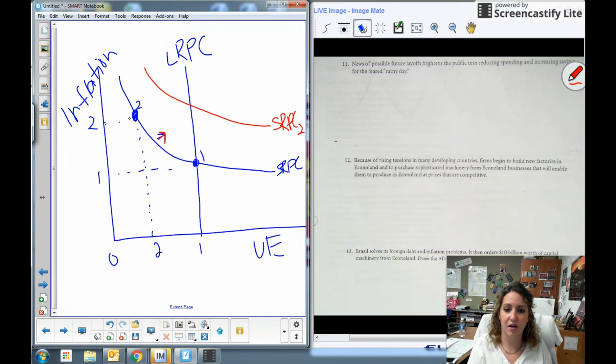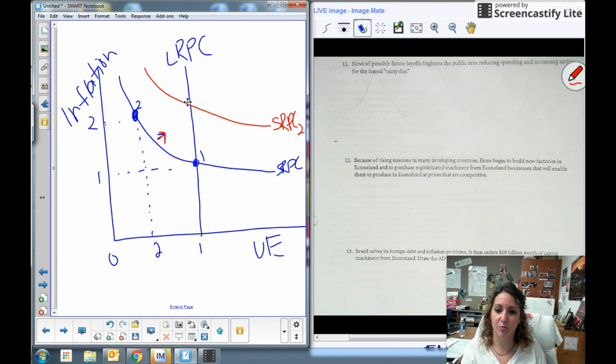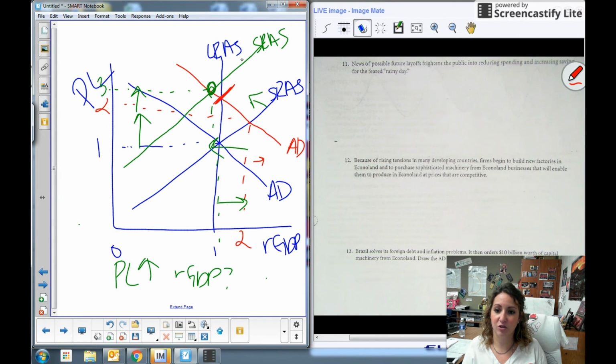And honestly, okay, here's the thing. My graph from before, I shifted it so far that it wasn't on LRAS. If I had shifted short run aggregate supply just a little bit to where it actually intersected right here at long run, then this would have been so perfect. I could have just moved my little point and been here. But since I shifted short run aggregate supply so much,